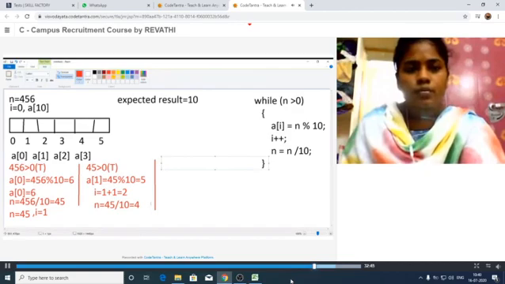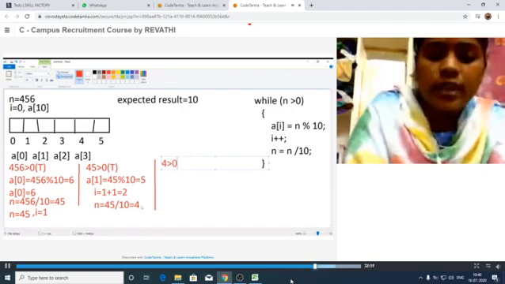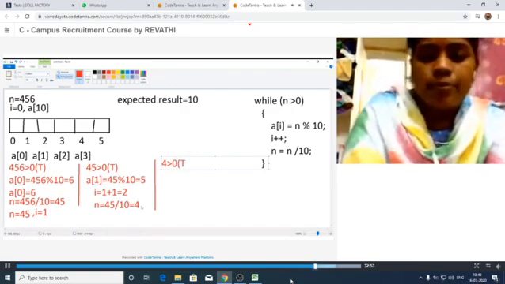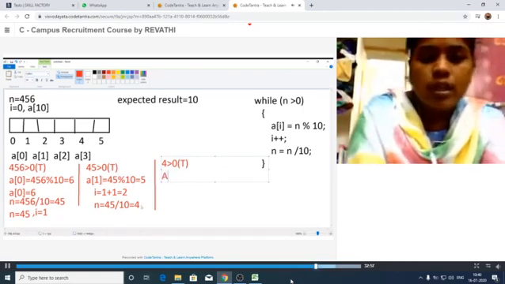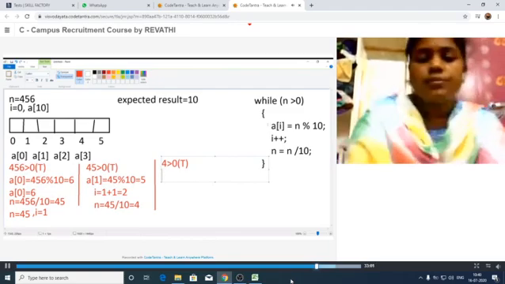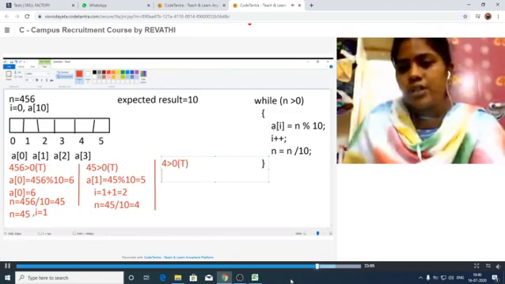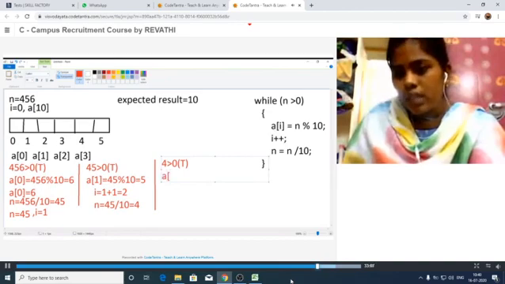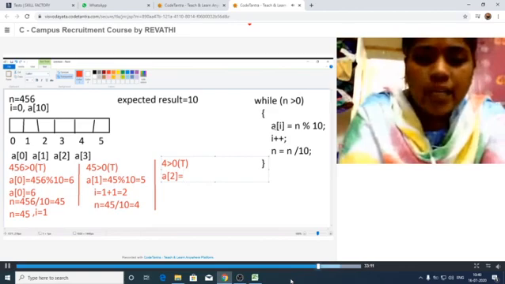Now what is the n value here? 4. That means 4 is greater than 0. Condition true. Then A of, now check this next statement. Whenever this condition is true, then it has to execute these statements. So A of I is equal to 2, that is equal to n modulus 10.